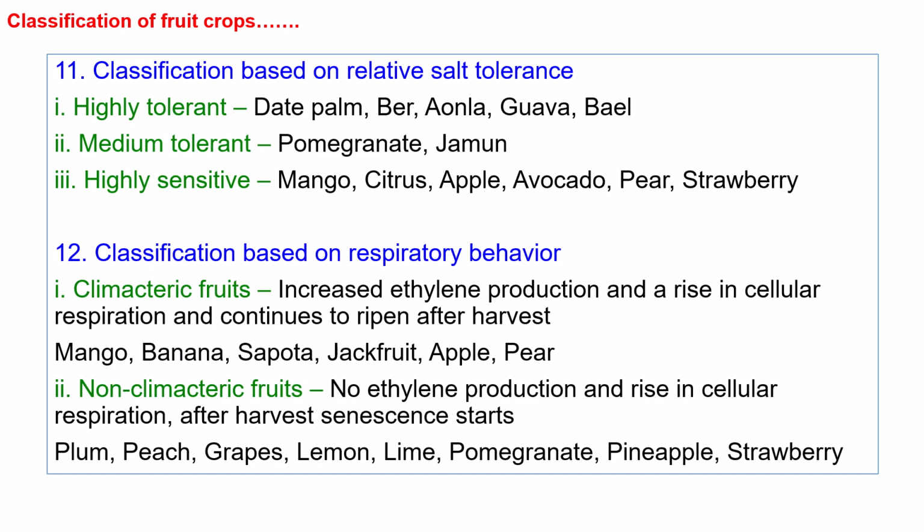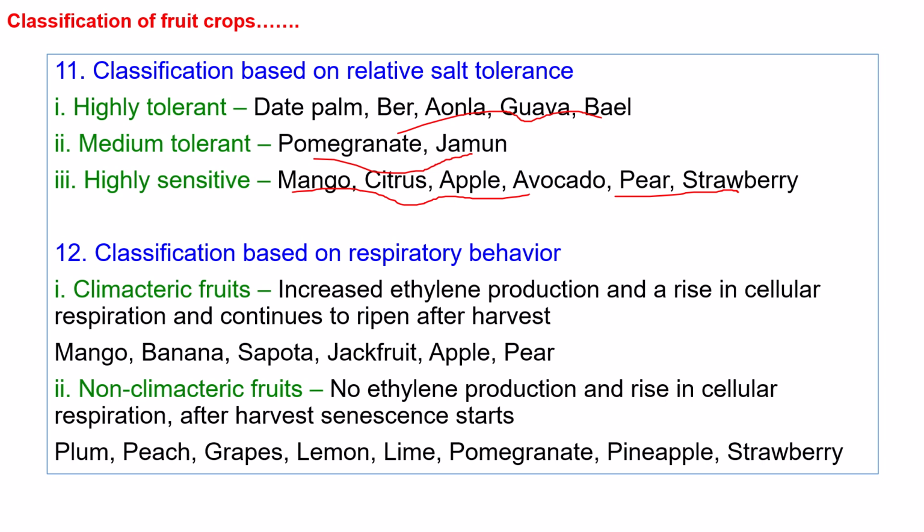So the next classification is based on relative salt tolerance. Highly tolerant fruit crops are date palm, ber, amla, guava and bael. Then fruit crops which are medium tolerant to salt include pomegranate and jamun. Then highly sensitive to salt: fruit crops like mango, citrus, apple, avocado, pear and strawberry. These are highly sensitive to the relative salt